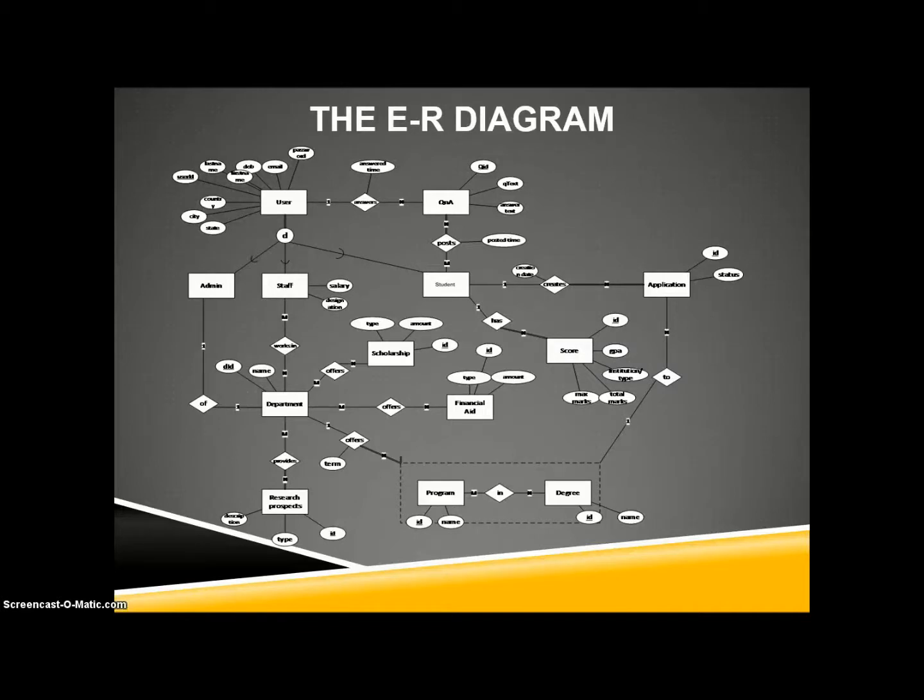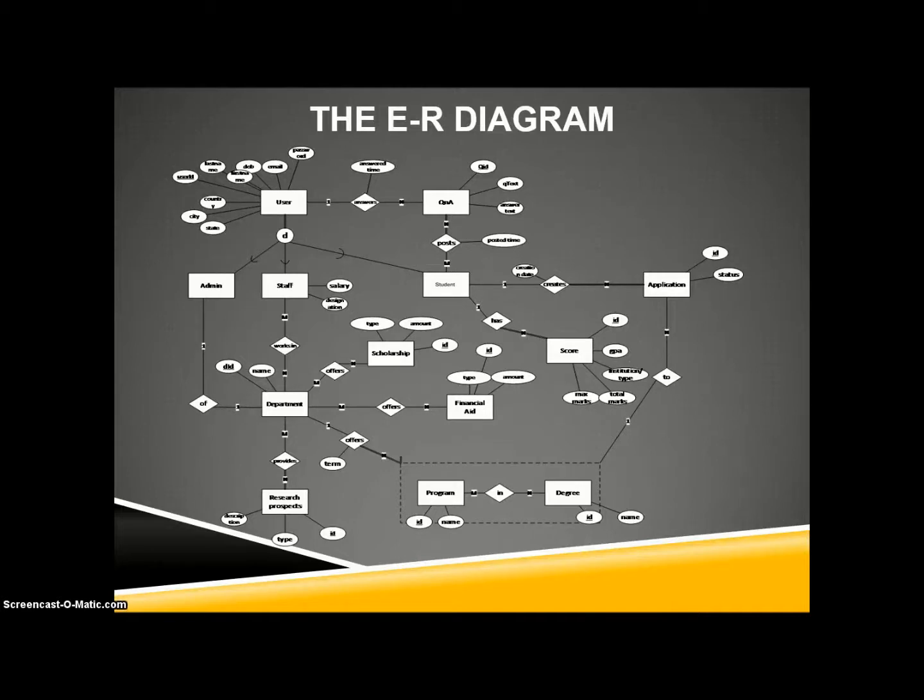Now, admin, staff, and student are subclasses of a generalized superclass of user, which is represented by a disjoint set, which can be seen in our ER diagram. Each department has its own staff represented as the staff entity, which has its attributes, salary, and designation. Each department is managed by its admin represented as an admin entity.